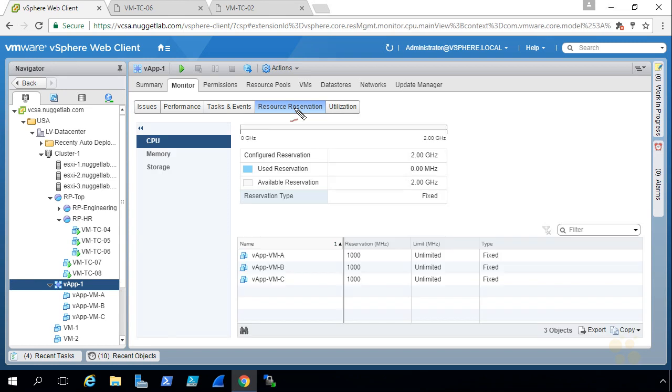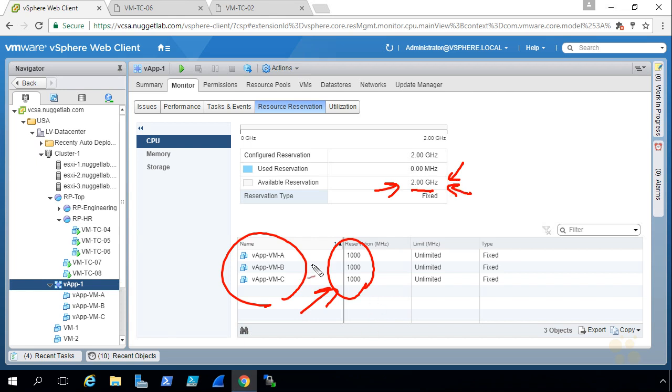And herein lies the problem. The problem is that these VMs have individual reservations, and the vApp itself does not have enough reservation to meet the needs of the VMs inside of that vApp. So it would need 3 gigahertz as far as a reservation for CPU to bring up all of the VMs